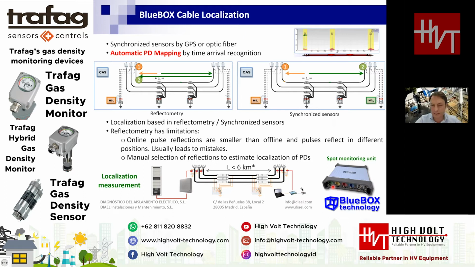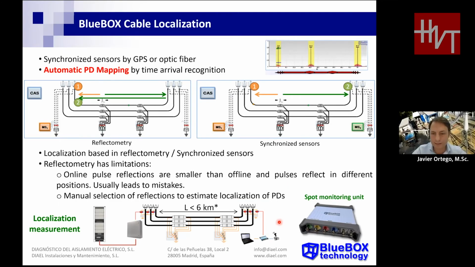This is an MSPICO, a solution for spot measurements. So we can acquire data in 2, 3, 5 minutes, and we will synchronize the signals with GPS in order to do localization along the cable. We will measure only one way of the PD pass. The PD pass will travel to the sensor at the substation and will be caught by the sensor of the continuous monitoring solution, and will travel in the other direction to our spot measurement instrument, and we will get the information at the same time.